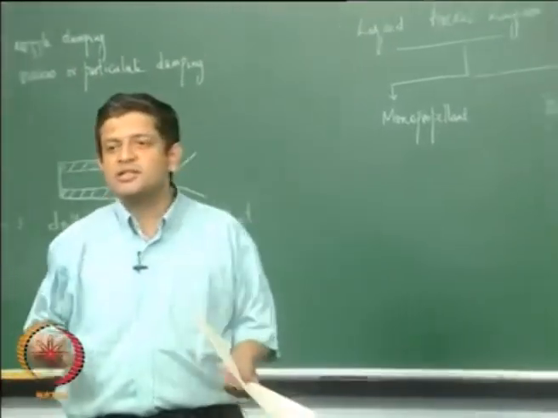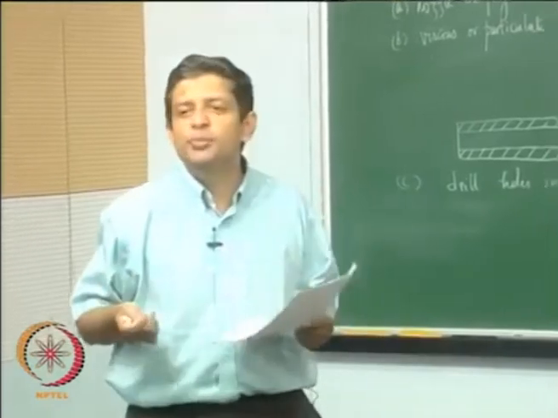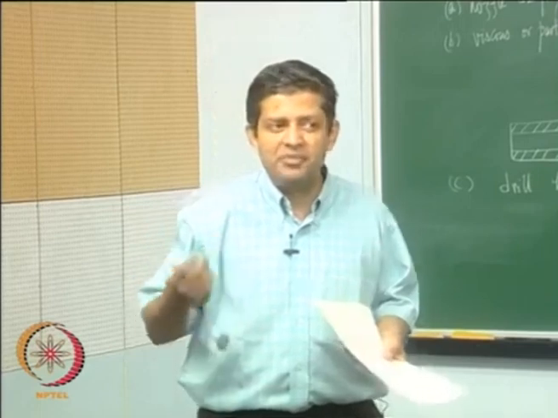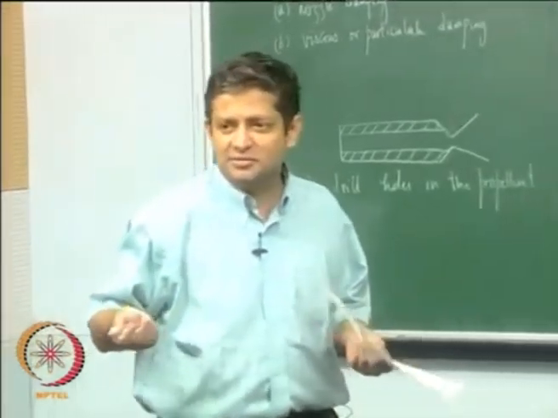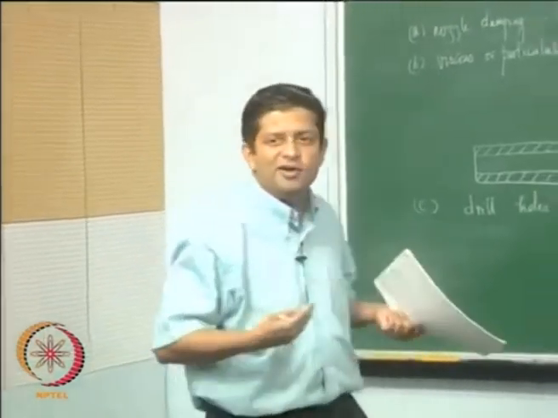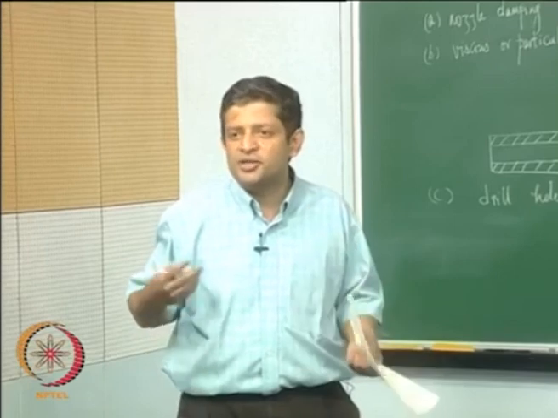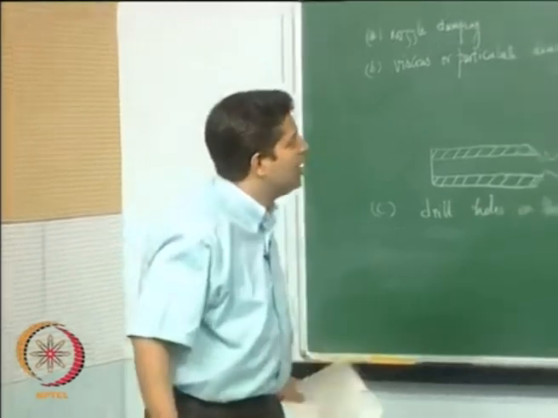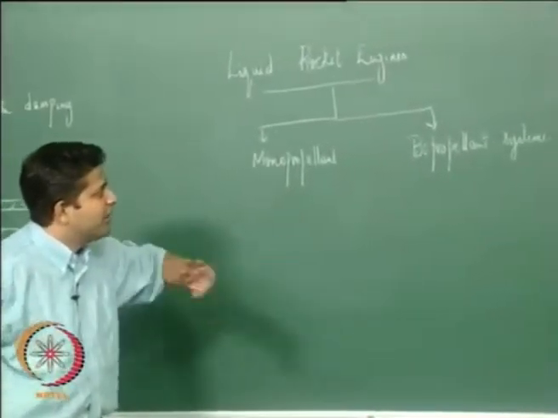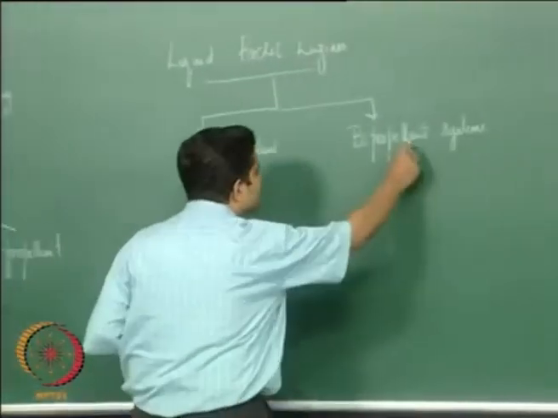Now, a monopropellant system is one wherein the propellant decomposes in an exothermic fashion, and then the energy is released. Whereas in a bipropellant system you have fuel and oxidizer which mix and burn, and then you get the high pressure, high temperature. Fine. We will discuss this a little more in detail, but firstly the bipropellant systems are themselves further classified as